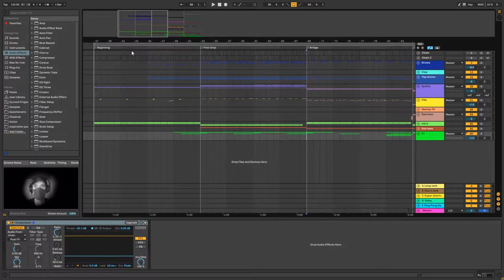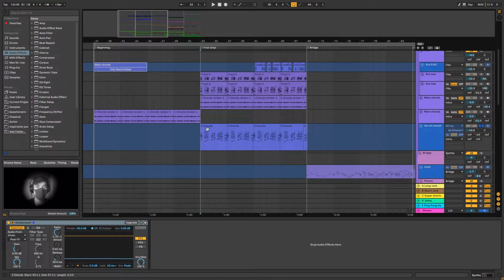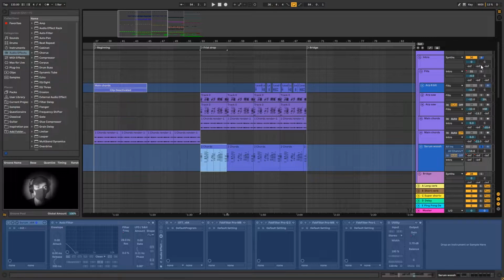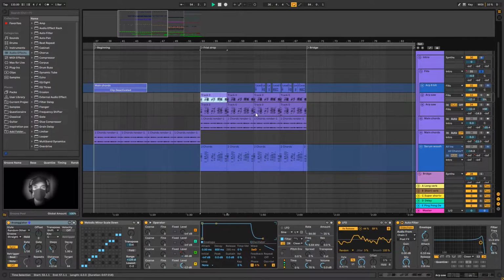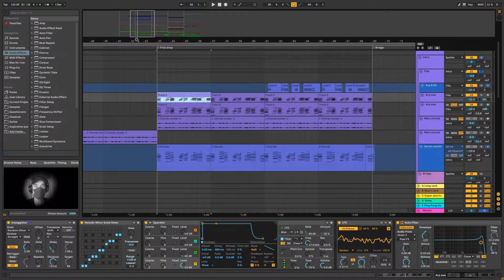There's nothing too interesting about the beginning of the track. There is something that I want to talk about during the first drop though. Those are the main chords played by a super saw. And they sound nice, but I wanted to add a bit more detail to them. And what I did is that I added those fills right here. And what those are, they're basically just a saw wave, but I wanted their character to change over time